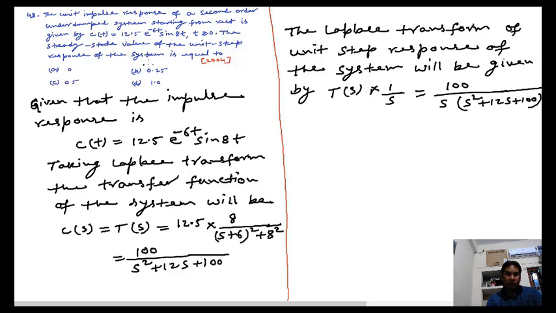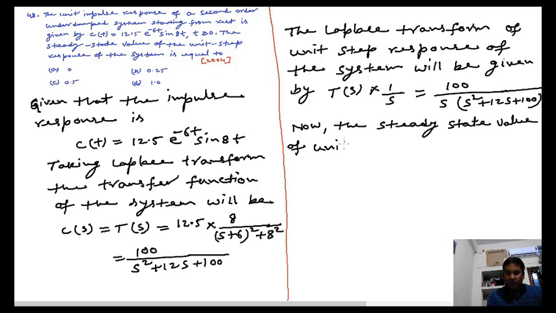Now the question is asking about the steady state value. To find out the steady state value, we have to apply the final value theorem due to Laplace to find out the steady state value of unit step response. So by final value theorem, we can find the steady state value. The steady state value of unit step response will be